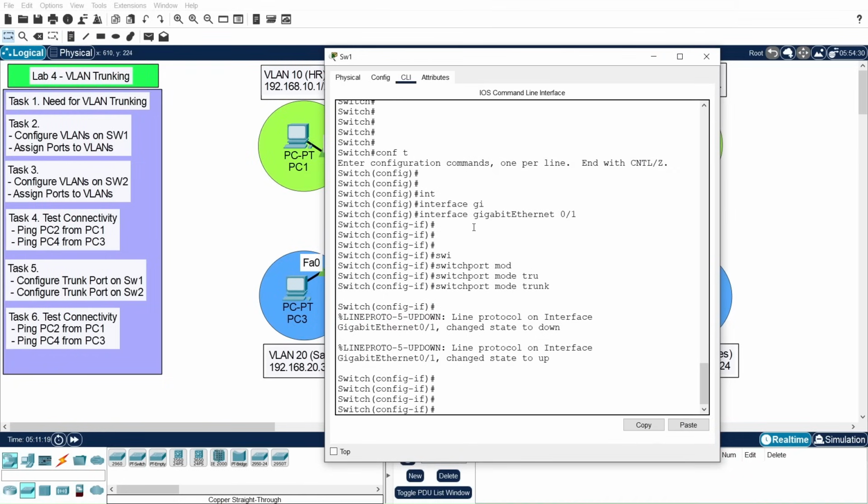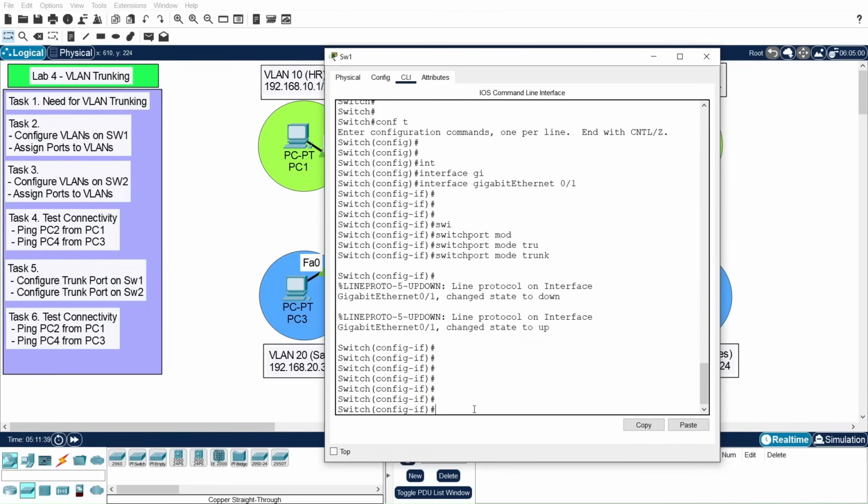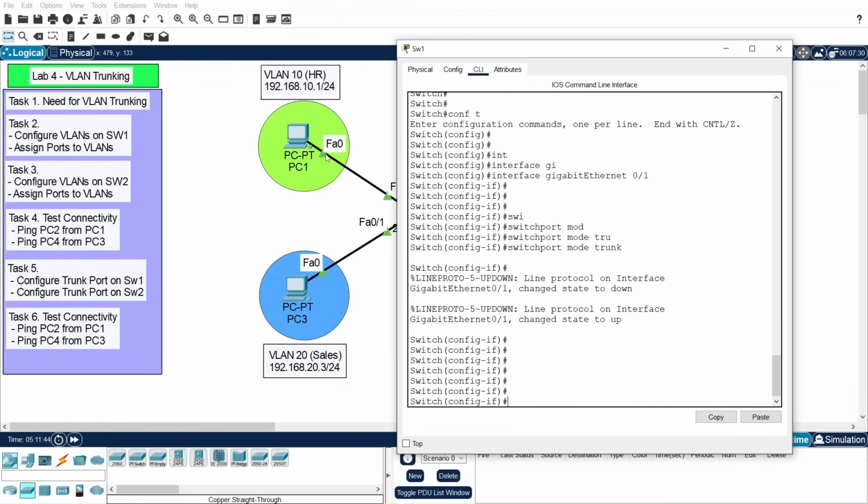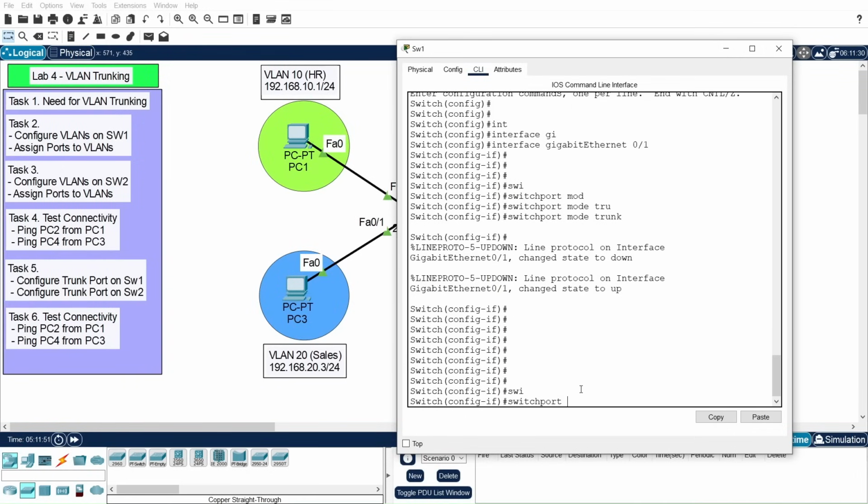Now it is good enough. I can go to the other switch and simply configure the other interface into trunk, but I will do something extra. When you simply configure an interface into trunk mode, it can carry all the VLANs. Any VLAN tag will be carried, but a more secure and controlled way is to only allow the VLANs that you need to carry on this interface. In our case, VLAN 10 and VLAN 20. So what I will do now is switchport trunk